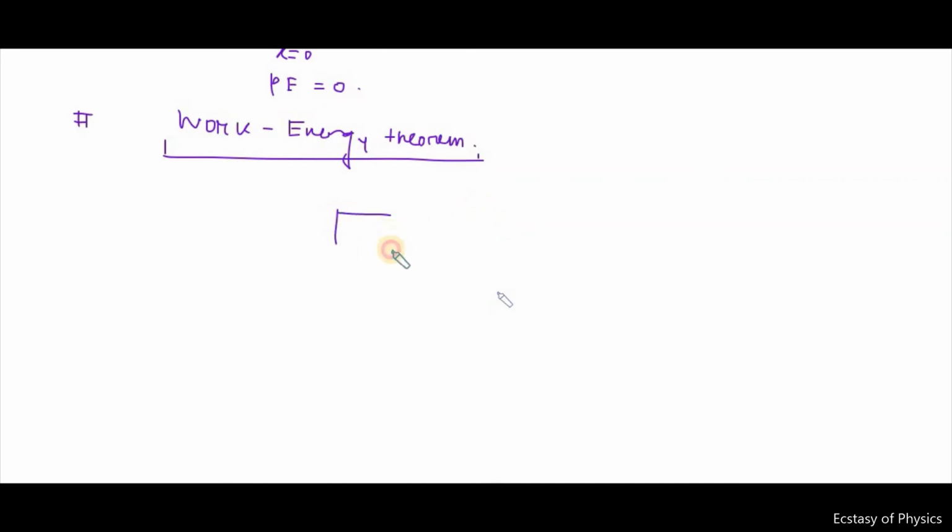For example, let's say this is an object whose mass is m, moving with a certain velocity u. Once we apply a force on the object, its velocity changes, and its final velocity is represented by v. Since we have applied the force, a certain amount of work is done on the object. Now according to this work energy theorem, the work done on the object